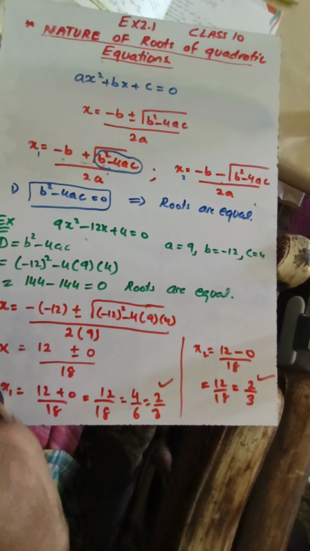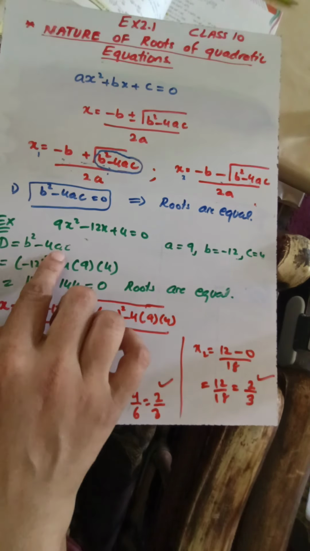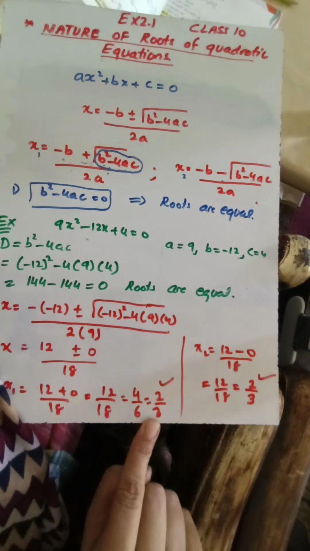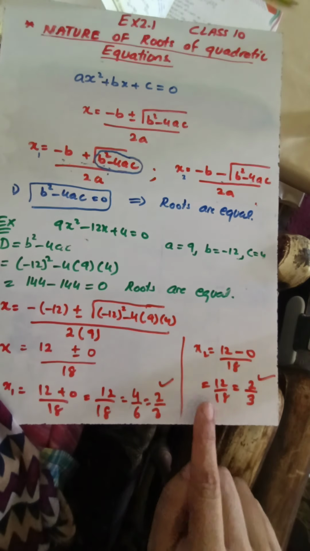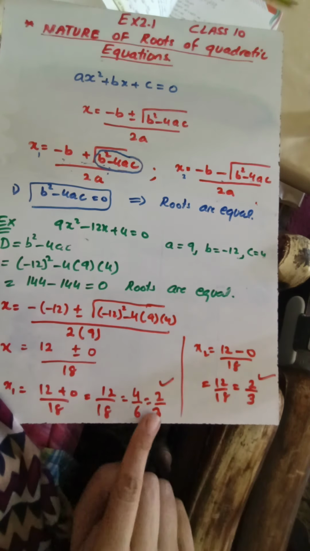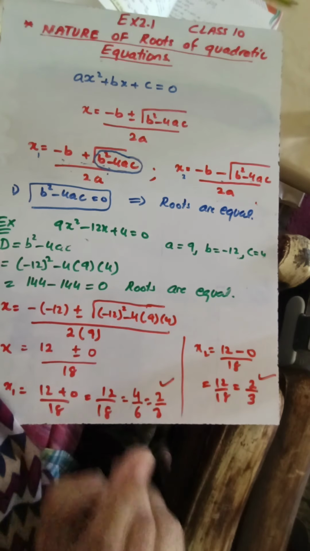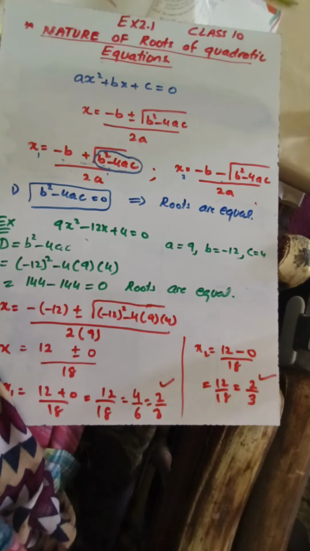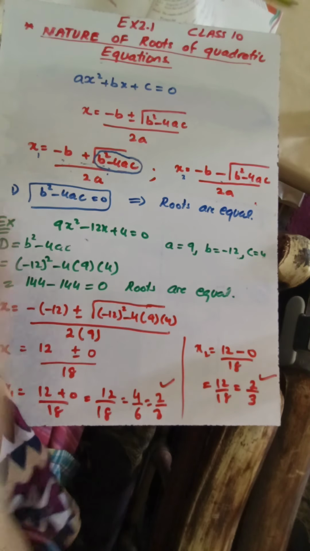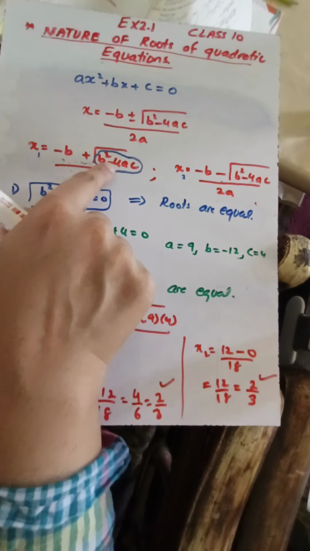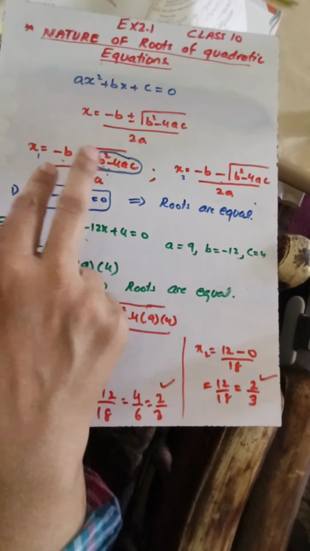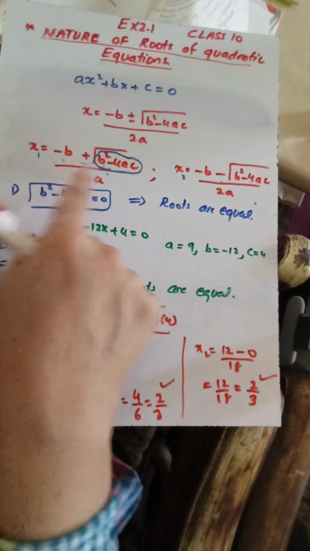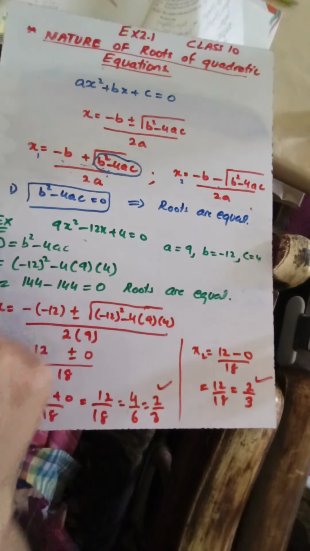Okay, so this is how I have verified that if b square minus 4ac is equal to 0, then the roots are going to be equal. As you may see, both the roots x1 is also 2 by 3 and x2 is also 2 by 3. It means both these roots came out to be the same numbers, and the solution set will contain only 2 by 3. So we had two different roots, but because this discriminant came out to be equal to 0, now we have two equal roots. The only thing which was making a difference between these two turned out to be equal to 0.